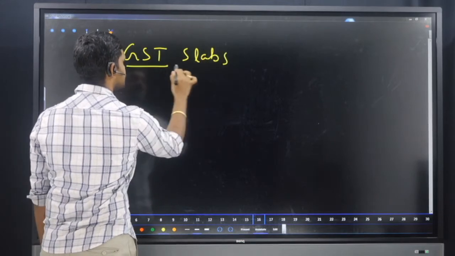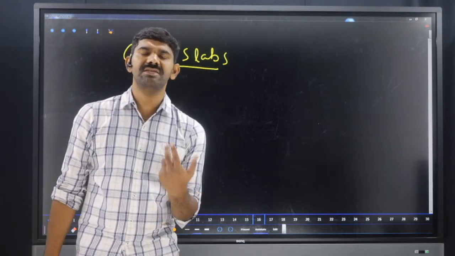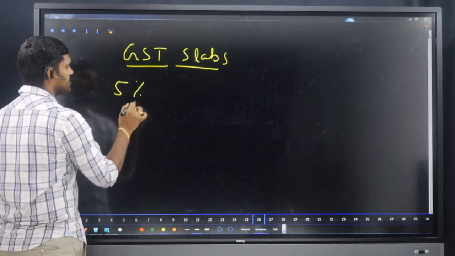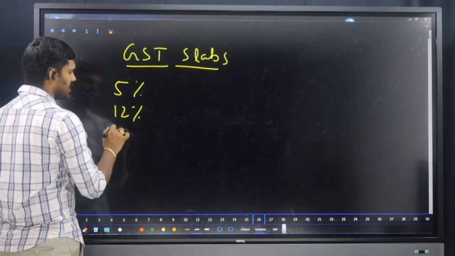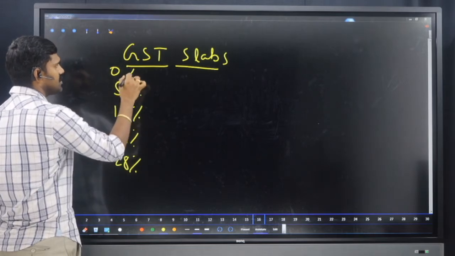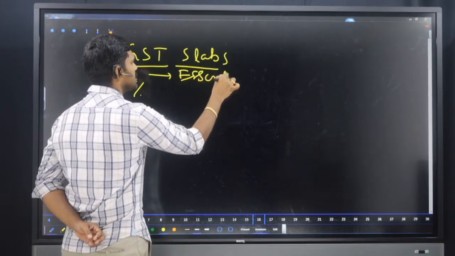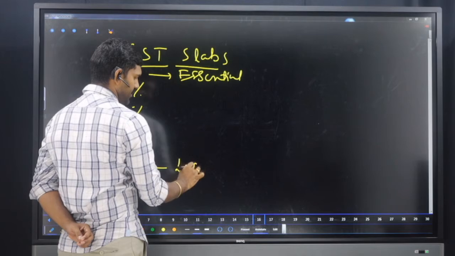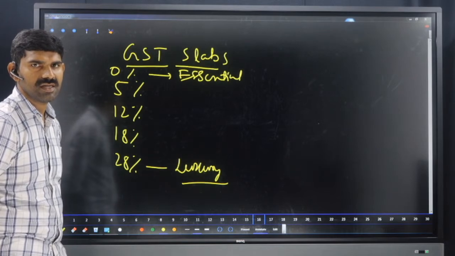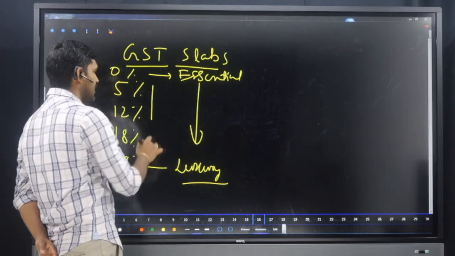GST slabs. See here, based on the type of the item, we are imposing different slabs. What are the different slabs? It can be 5%, 12%, 18%, 28%. Sometimes it can even be 0%. Very essential commodities will not have any GST, so there is 0%. Very luxury items will have something called 28%. So as you move from essential to luxury commodities, the tax percentage also